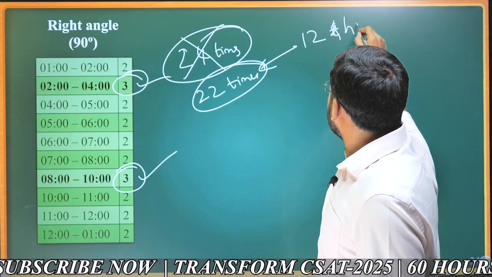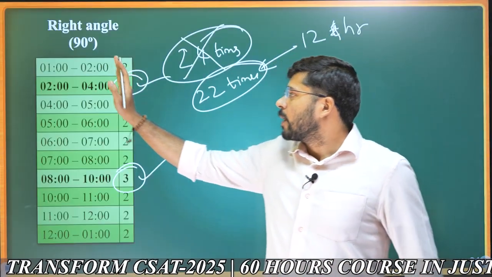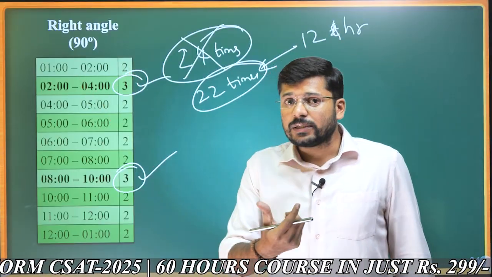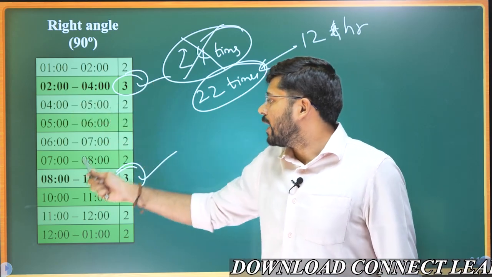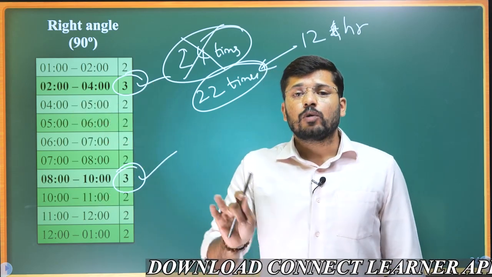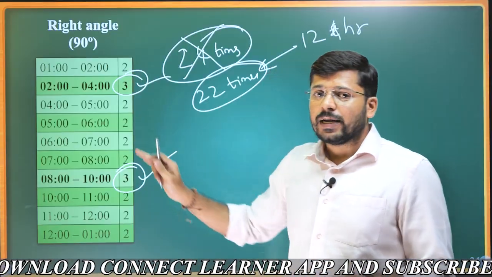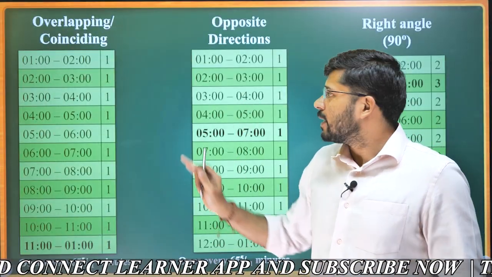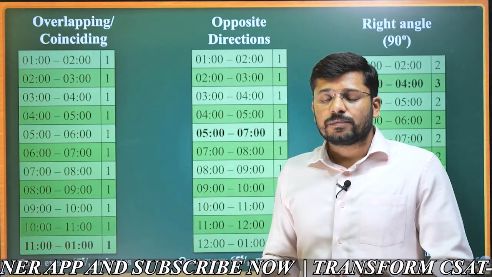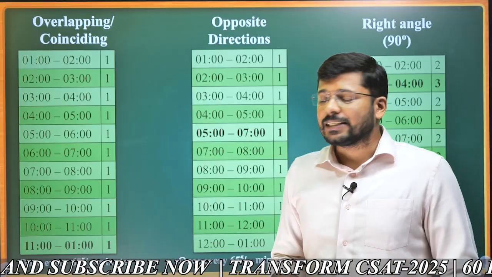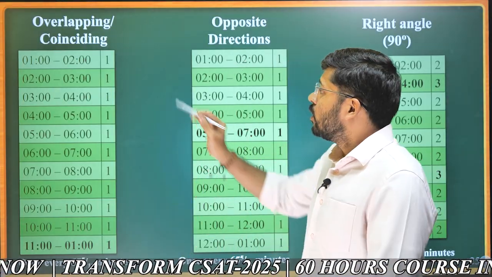Then the general rule is that between every two exact hours, they will be at right angle 2 times, with the exception that between 2 to 4 and between 8 to 10, they will not be at right angle 4 times, but only 3 times. I will tell you why that one also in this slide. Here I am comparing all the 3 of them. I will repeat the general rule and the exception. Then you will understand it better.